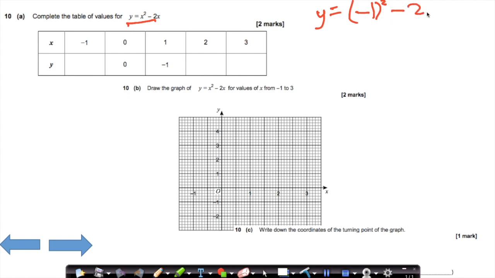Take away 2 lots of -1. Okay, again, I'm doing a multiply now for this one instead of doing a dot. So 2 times minus 1. I put them into brackets just so that it is a little bit easier to understand